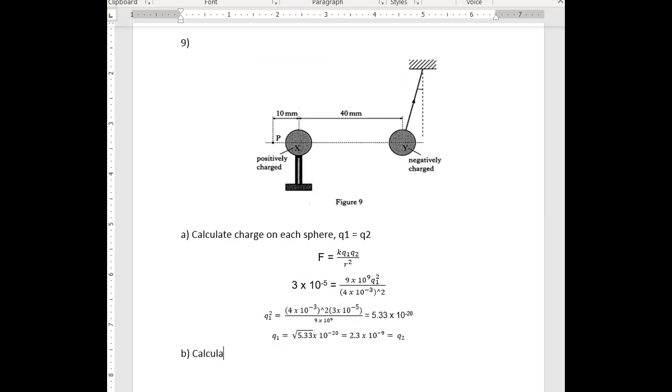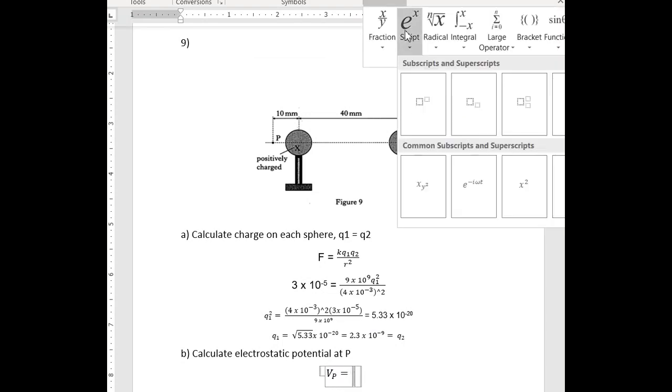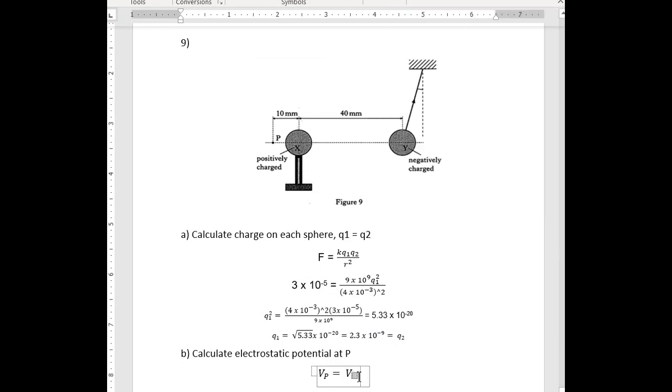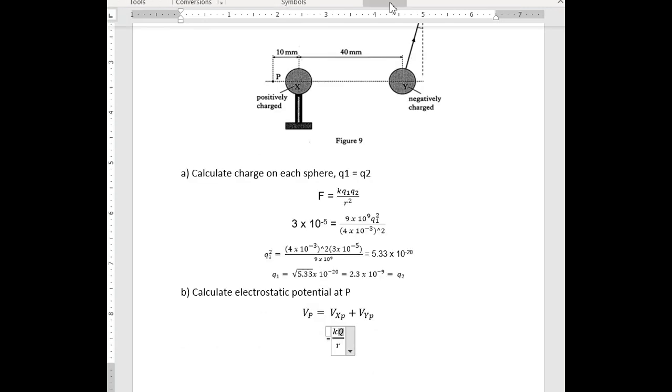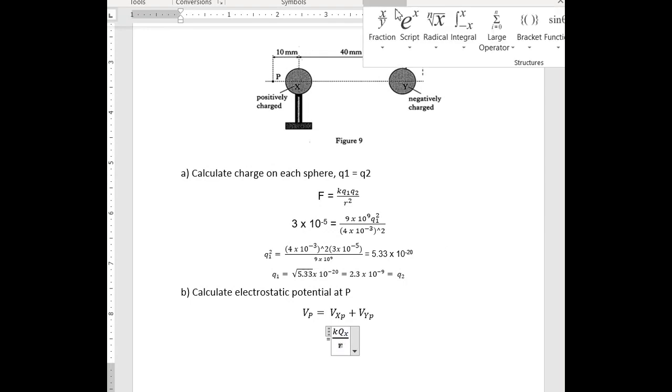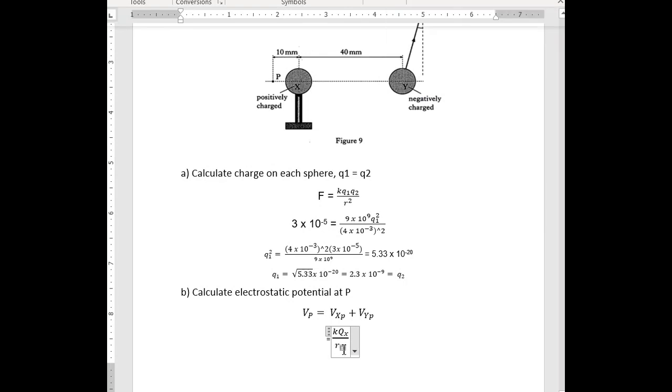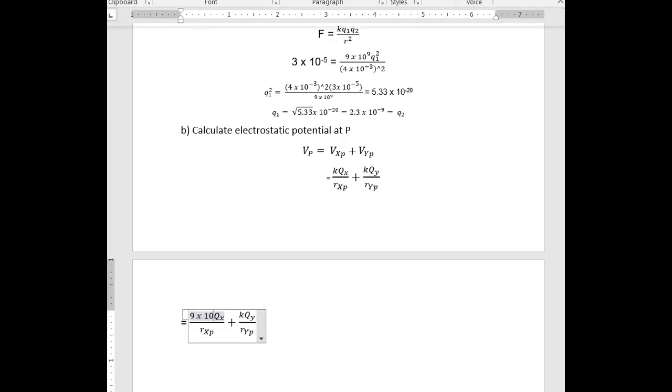For B, calculate the electrostatic potential at P. So V at P is equal to the work done in bringing charge X plus the work done in bringing charge Y to P. Using the potential formula, K times charge X divided by distance between X and P, plus K times charge Y divided by distance between Y and P, equal to